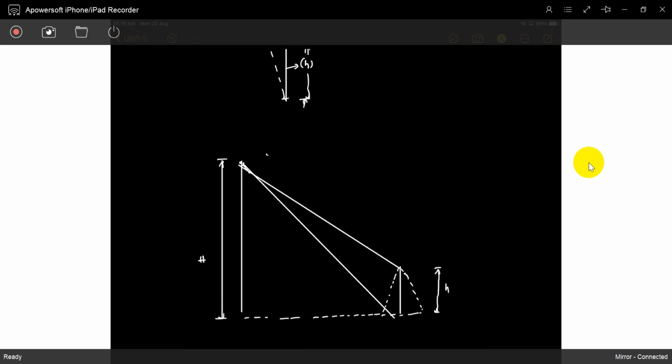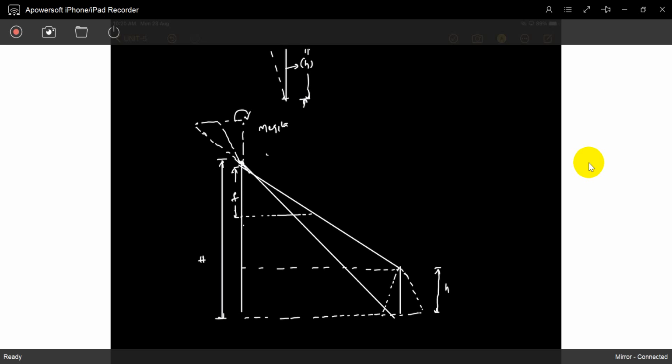Okay, so what exactly is relief displacement? See, it is a negative plane. It is the focal distance, that is the focal point, it is O. In reality, the negative is exactly here, we can imagine it in front of the focal point. Okay, so this is the negative in reality.